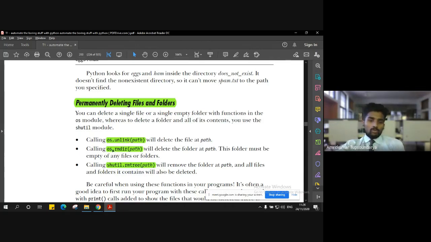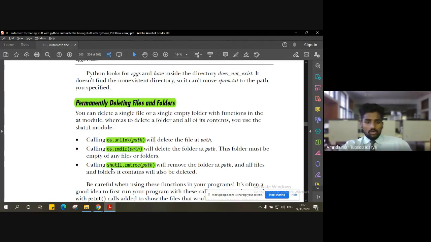The second way is to remove the directory itself. By directory, I mean the folder. So os.rmdir, that is remove directory, followed by the location of that directory, will help you delete the folder. The third way to delete a file or folder is to use remove tree. Remove tree is again a kind of path structure, where that particular tree itself is deleted, so that branch of the tree does not exist.